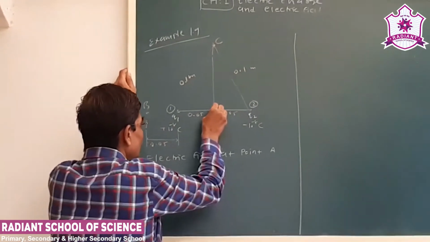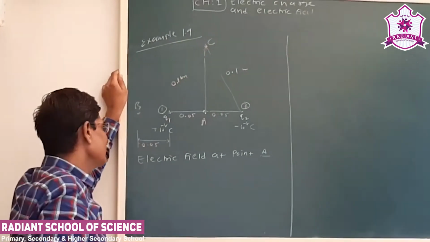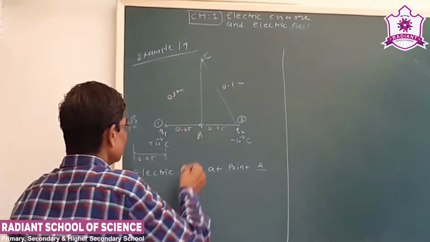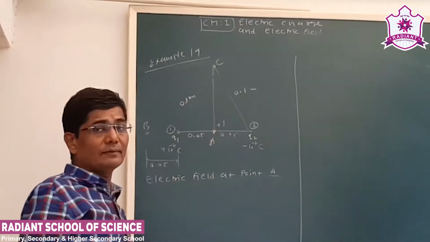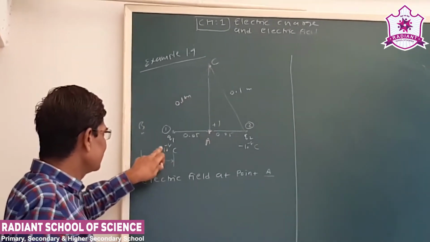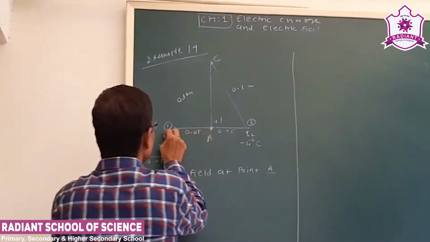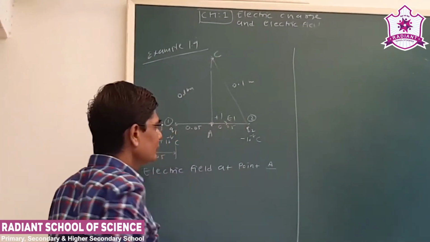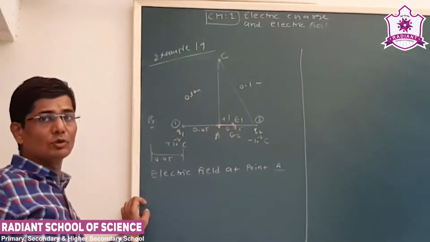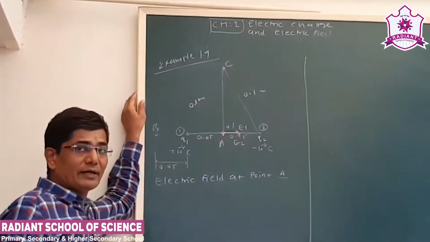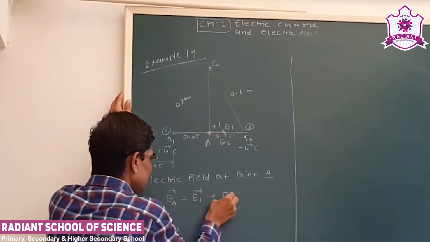Now, first we have to find out the electric field at point A. So what we have to do? We have to find out the force acting on a unit positive charge at that place. Let us say the test charge is here. Between Q1, that is a plus charge, and a plus charge, there will be a repulsive force. So the electric field due to the first charge at point A will be E1, and the minus Q will attract. So at point A, both fields are in the same direction, so E is equal to E1 plus E2.